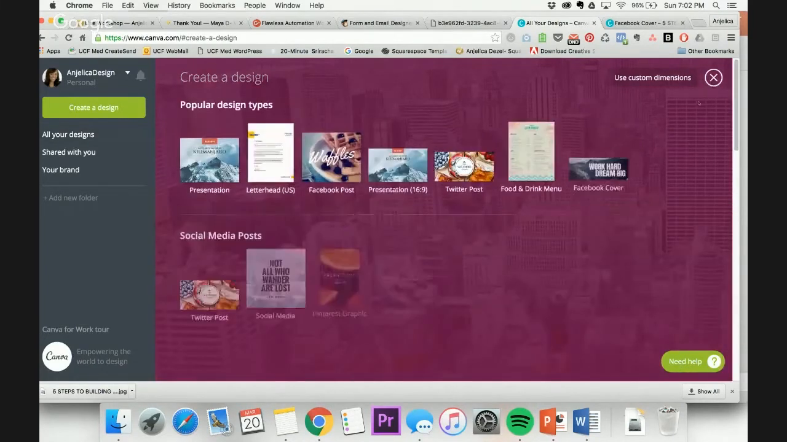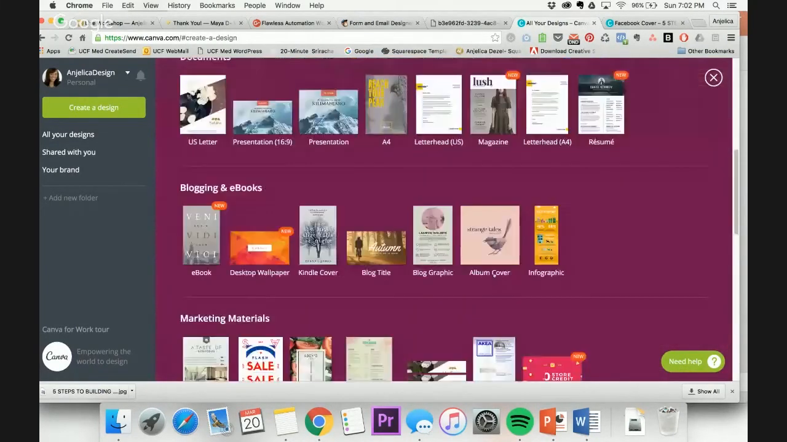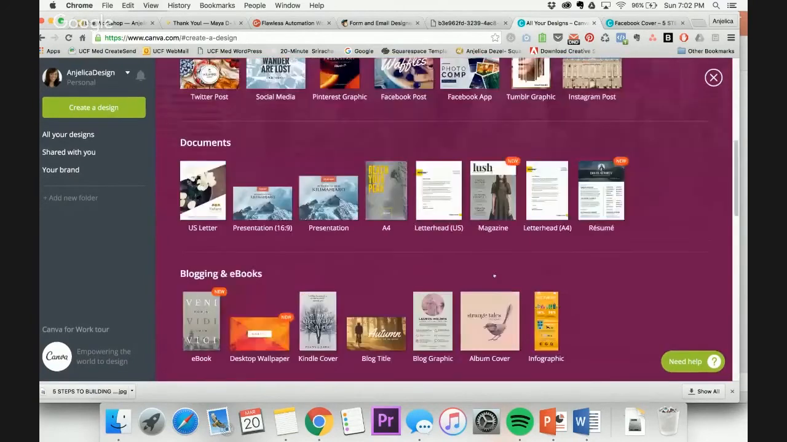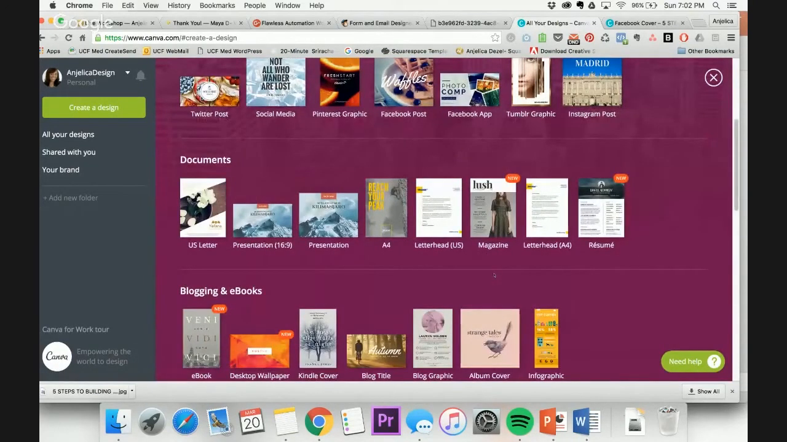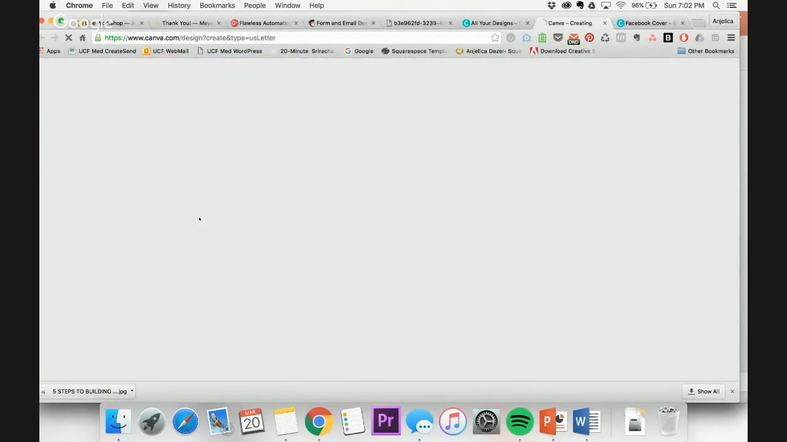So I just hit the More button to see all the different types of designs we can create. When it comes to your freebie, you have a lot of options in here. So I encourage you to go on anything that looks like a piece of paper size area, because your freebie is going to look like basically an 8 by 10 piece of paper. So starting in US letter,